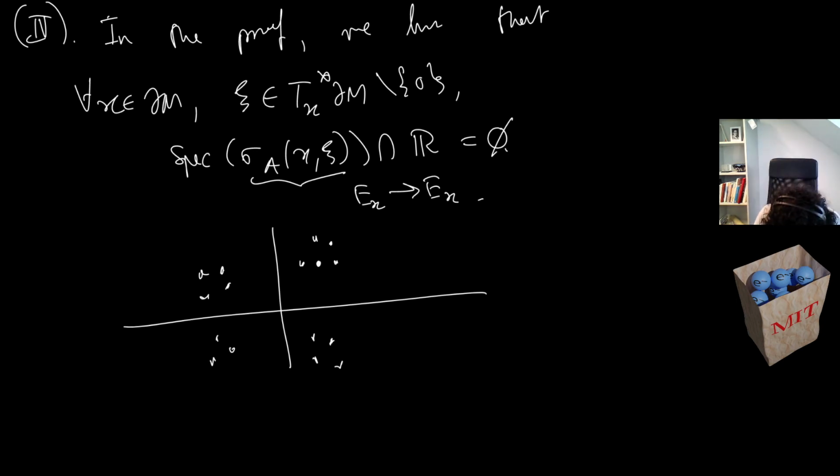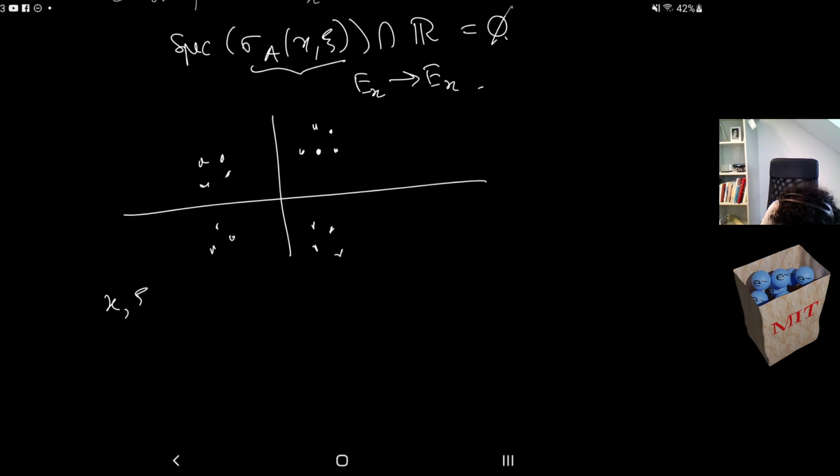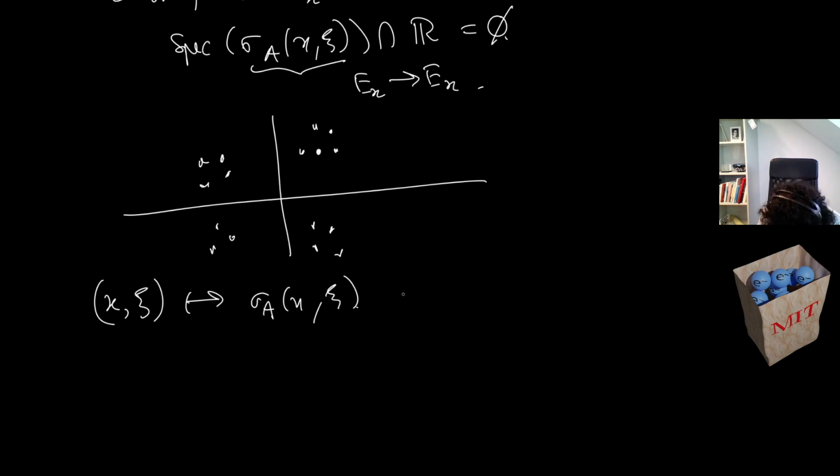Now what we do is we consider the map x, psi to A x, psi, where we're now taking the cosphere bundle with respect to this fixed metric that we had, right? So I'm going to consider this as a map from there to these matrices,